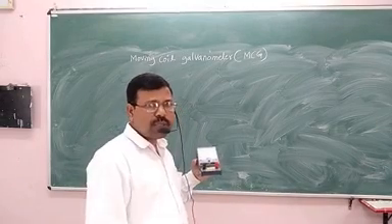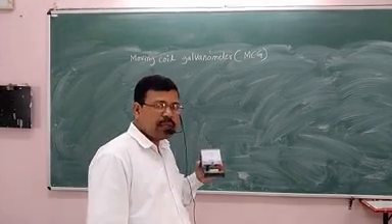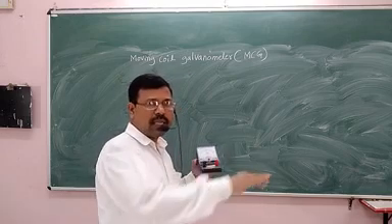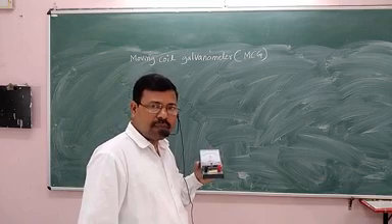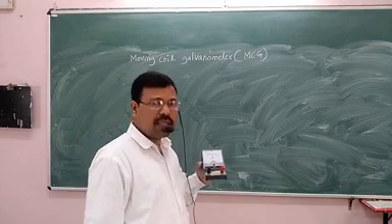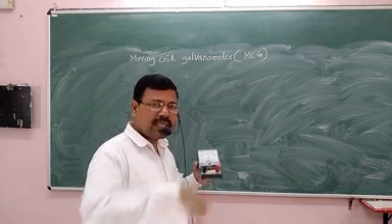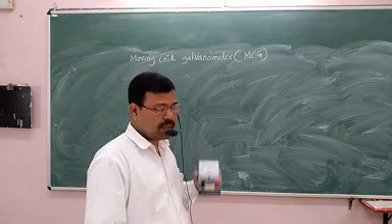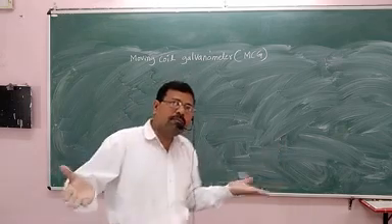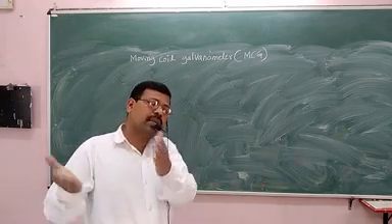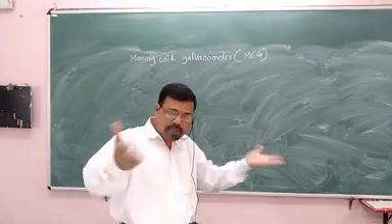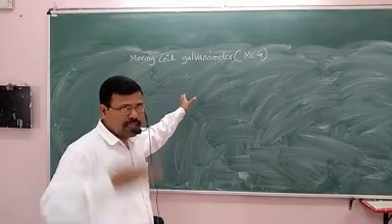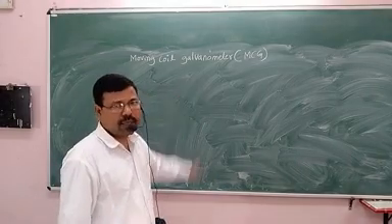A voltmeter is a device used to measure the potential difference between two points, two terminals across a cell, when the cell is used in the circuit. And an ammeter is a device which is connected in series with the circuit to measure the current in the circuit. So the ammeter and voltmeter are basically converted from a galvanometer. We have understood the use of the galvanometer. It is used to detect an electric current in a circuit.